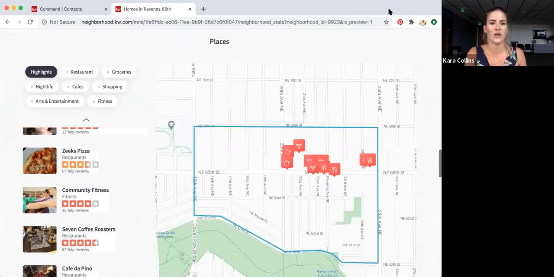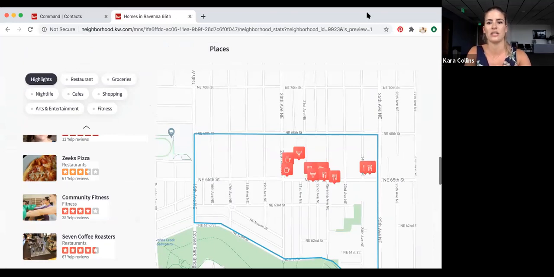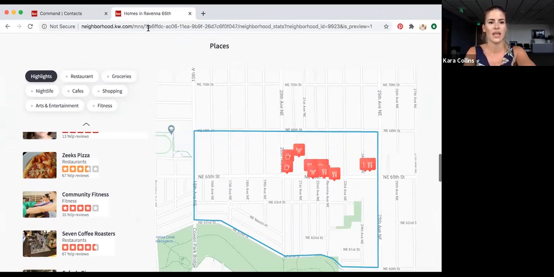All right, so now we're going to move on to landing pages. But before we do that, I am first going to show you